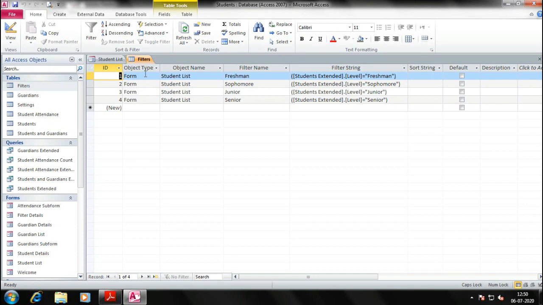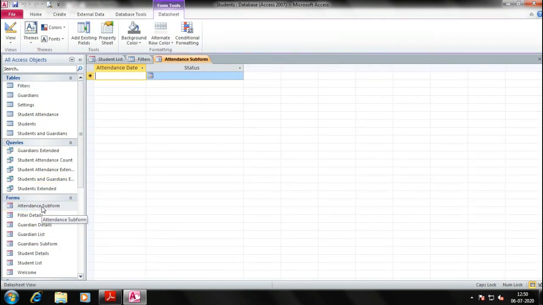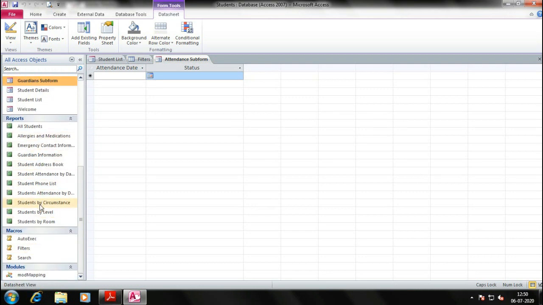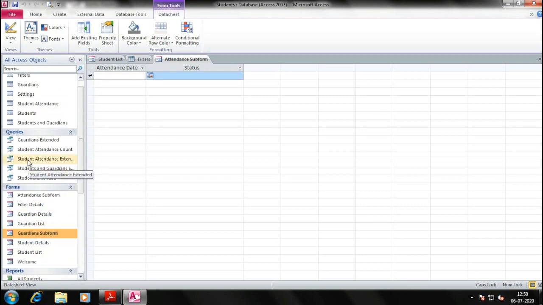So this is a layout. You can give the name here, you just open it. This is the query section, these are the forms. Let me show you the form. These are the forms, these are the reports, macros, modules. We are not using macros and modules because they need programming, which is not covered here. But I'll show you. Reports, forms, queries, tables.